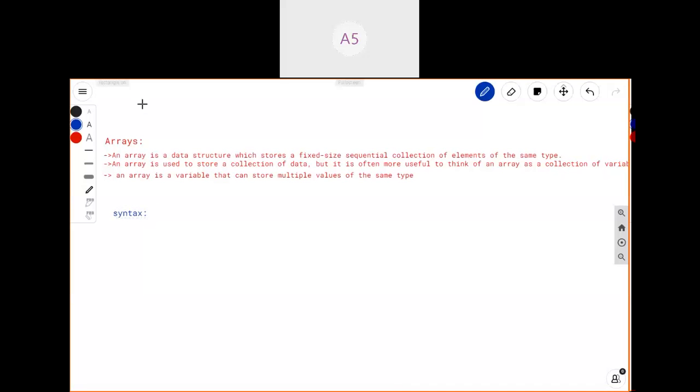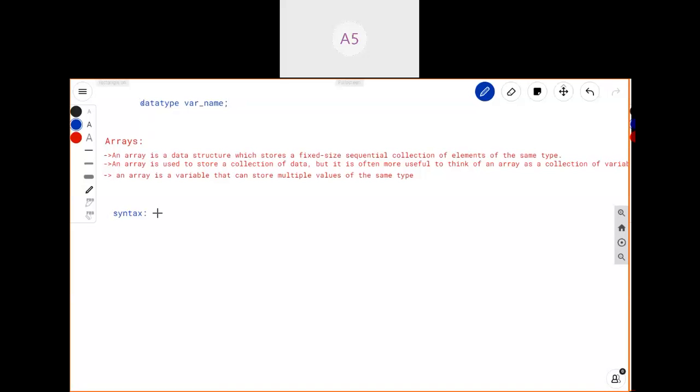Here I am writing for variables: data type, space, variable name. If you want to assign any value, you can assign it here, or in the next line. This is the declaration syntax, then a semicolon. In the same way, for arrays we also have a syntax.